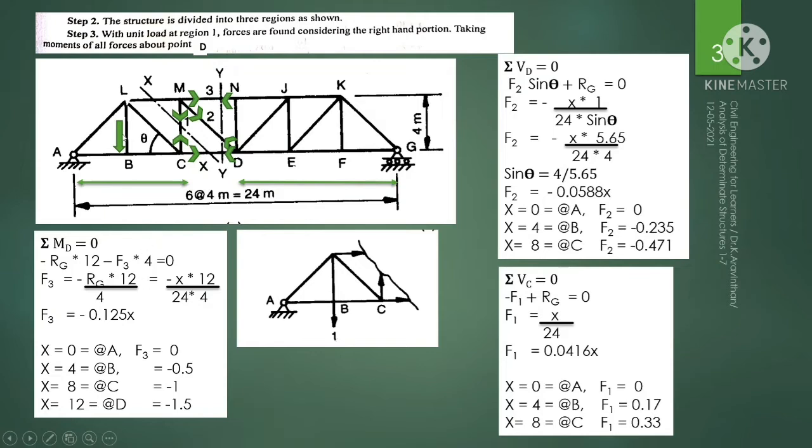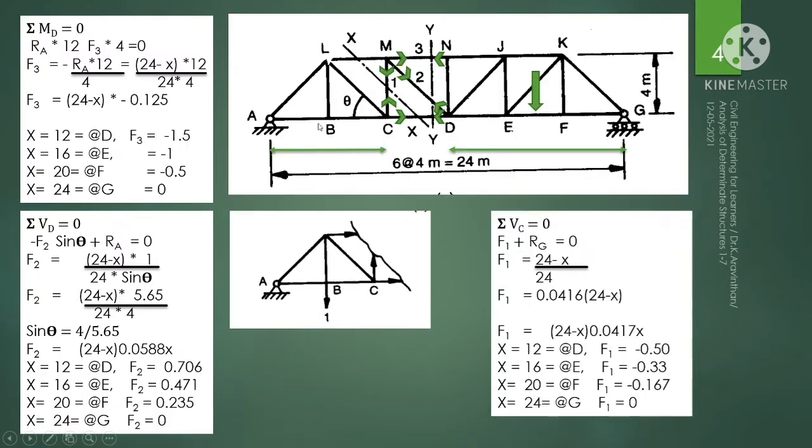And now let us take this load and keep at the region 3. Okay, now it is placed at the region 3. We have the plane here. What we have to do is, we have to find the reaction at this portion only. To find that, we can use the same equation. If you want to find f3,